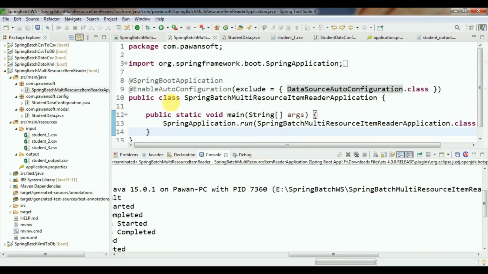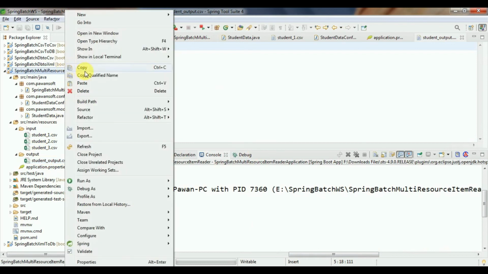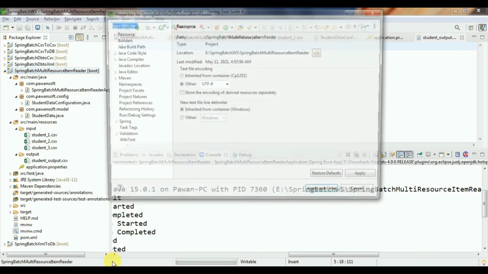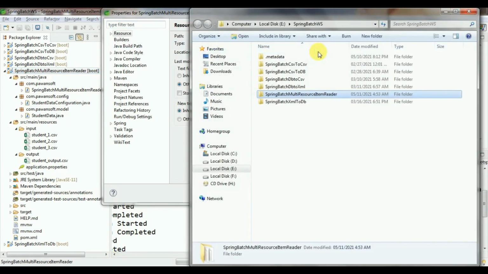So let's go and see the output. Currently the output is empty, so it will create the CSV file inside the project. So right click on the project and go to properties. In properties you will see the current location, workspace. So click on this, then you will see the current project.